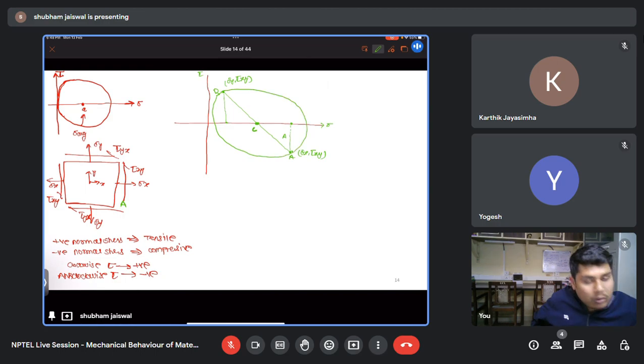Okay, sorry for the drawing, guys, let's assume this is a circle. So now what this point C is representing is sigma average. This is representing my sigma x, this is representing my sigma y, and this is representing my tau xy